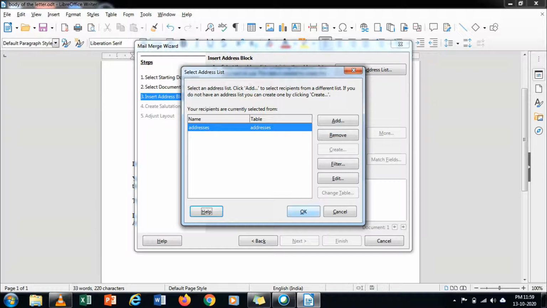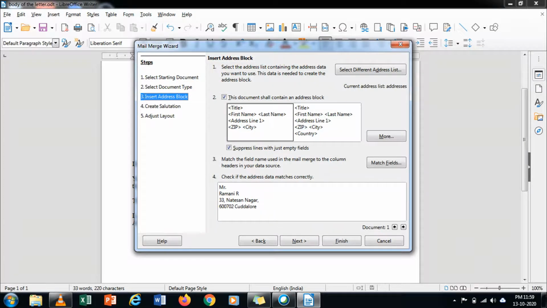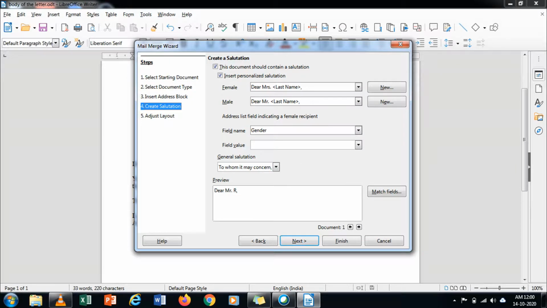We will move to the fourth step of the Mail Merge Wizard.